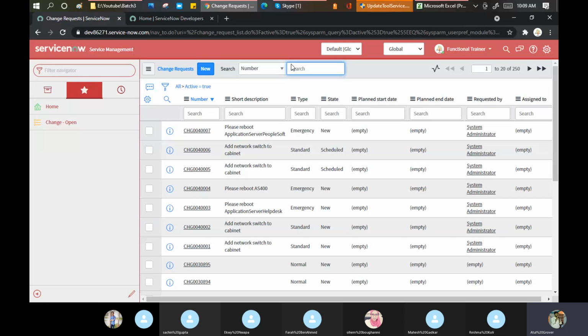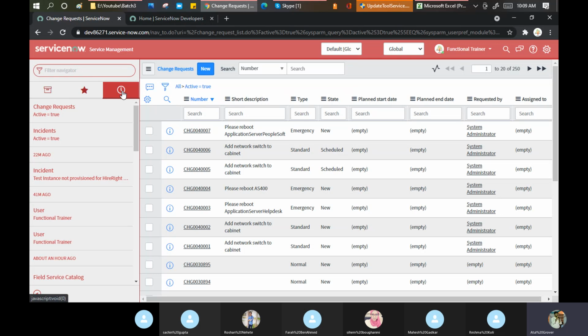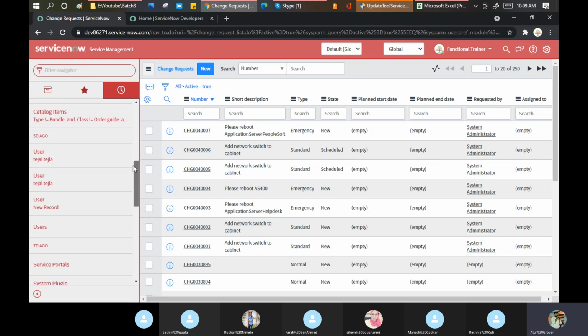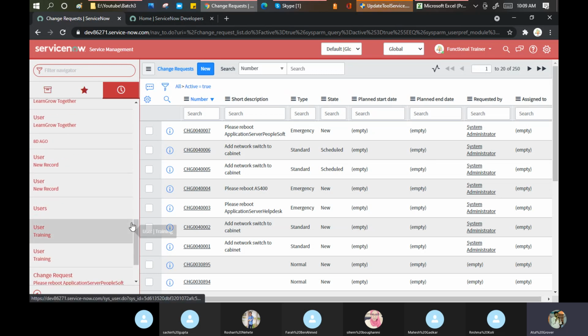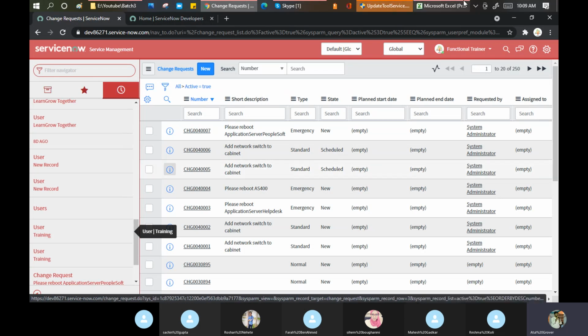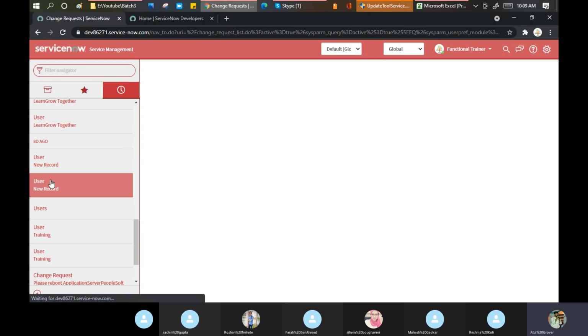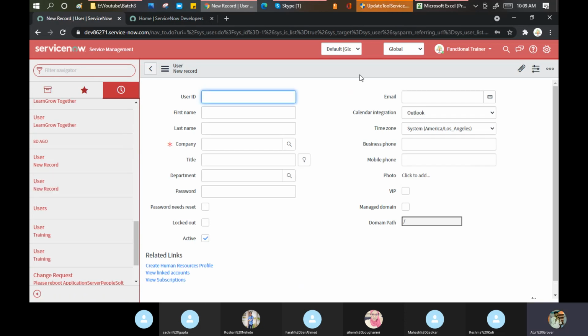Now the last is called the history tab. If you open any record, maybe a day back or two days back, you can find that record easily here. But it has some time limitation; I guess it keeps the history for one or two days only, not more than that. Take an example: you're watching a movie and suddenly your mom calls.